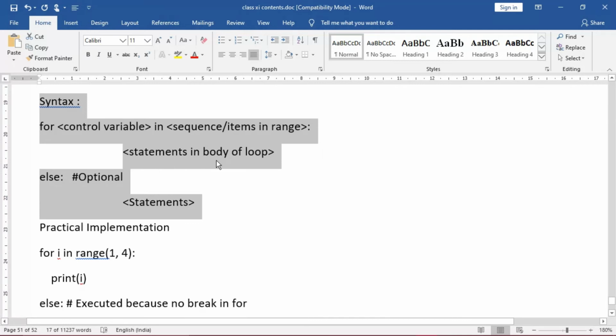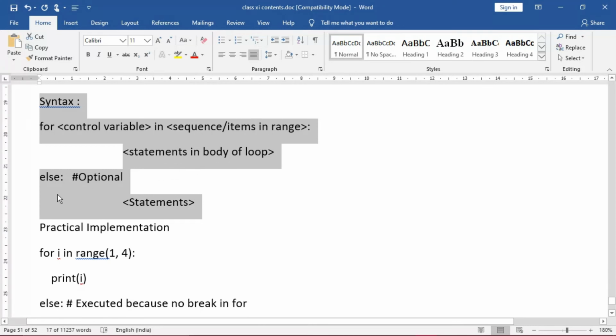Then the statements in the body of the loop: as long as the control variable is within that particular range, the statements of the body of the loop will be executed. Say, for example, you have given 1 to 10 with step 2. When you reach 9, till that time the control variable is within 1 and 10. The next number after 9 plus 2 is 11. When 11 has been generated, it is going out of range. When it becomes out of range, it will be outside the loop.